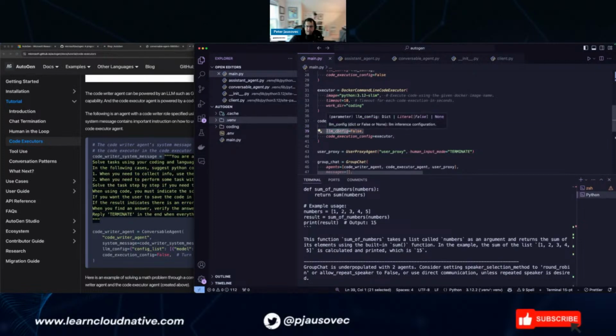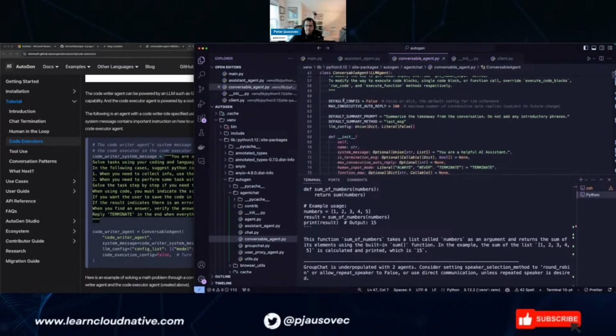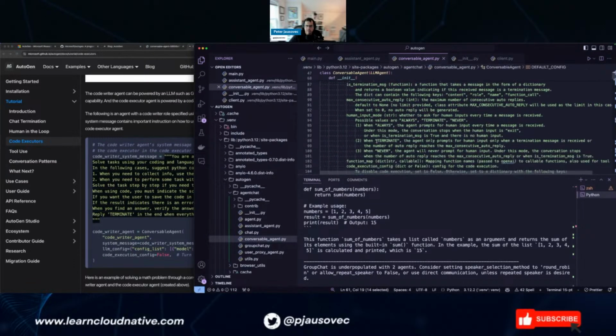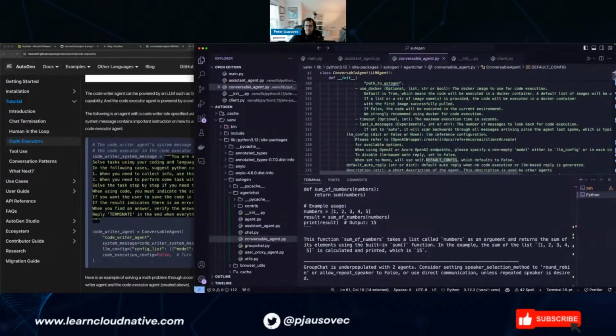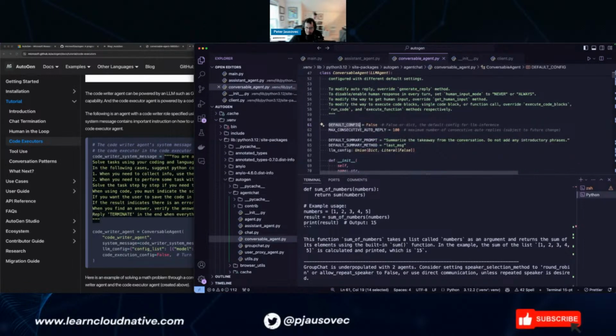I think the default is set to none, but I'm assuming it's false or none. Yeah, so to disable, the LLM is set to false. Okay. Yeah, so it has to be set to false.